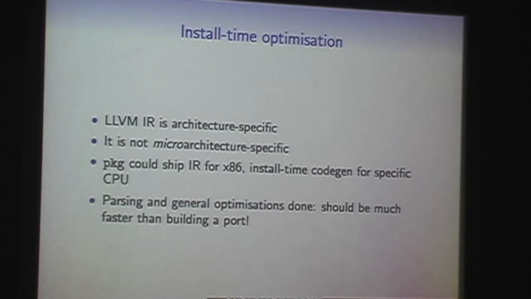And so the simple transform, which was a big speed up on the Pentium, was a big slowdown on the Athlon. And if you want to have code that's fast on both, then you need to compile very subtly differently for each one. So it would be really nice if the packages could ship with the x86 generic LLVM and then when you do the install, you then say, and for this particular machine I have exactly this model of processor, please give me the optimized binary.